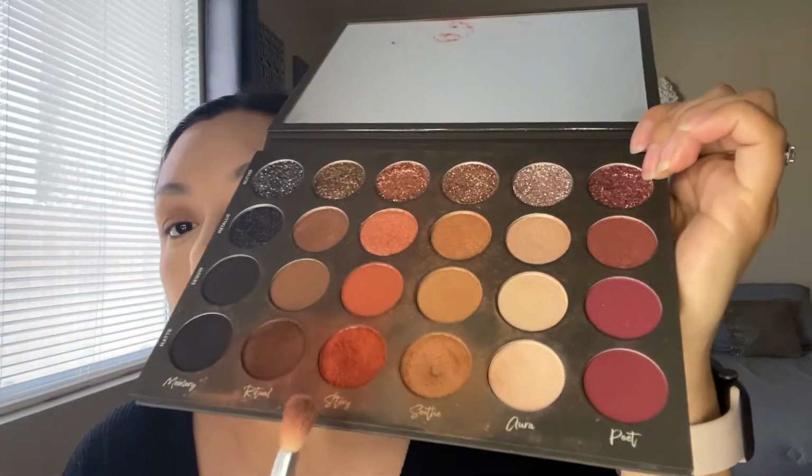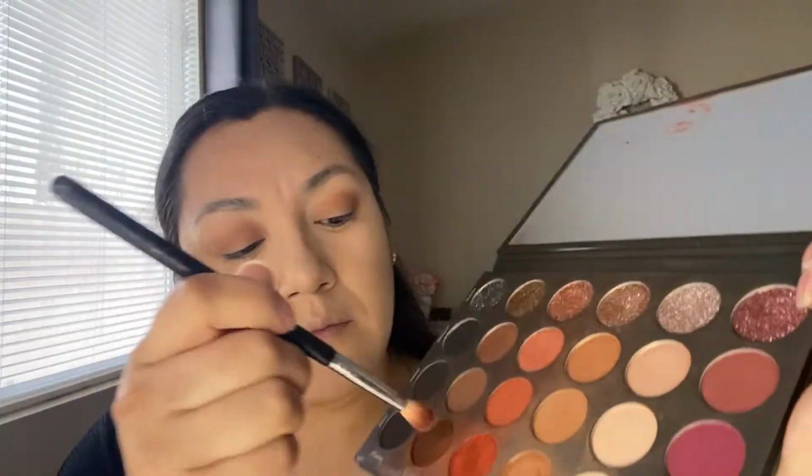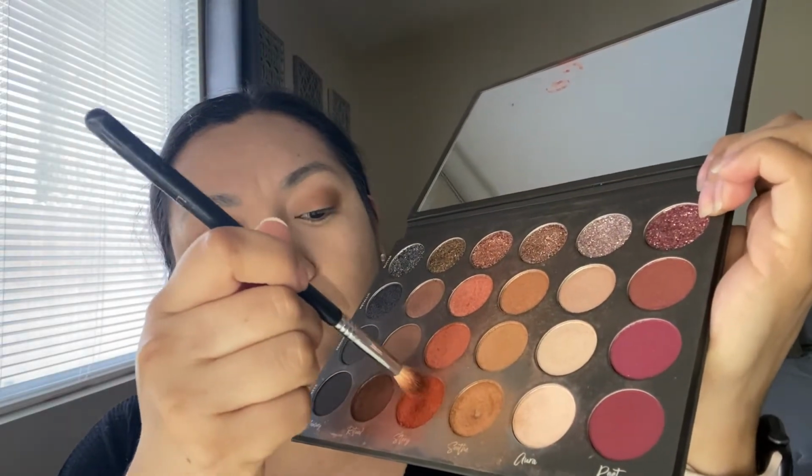This is the Sigma E35 brush. I will grab the color Story, which is this beautiful orange color. Just a little bit. I will tap off the excess. And I'm going to go over the crease again. You guys are going to see the difference that it makes to put another color on top of that first one. You can pretty much use as many colors as you like